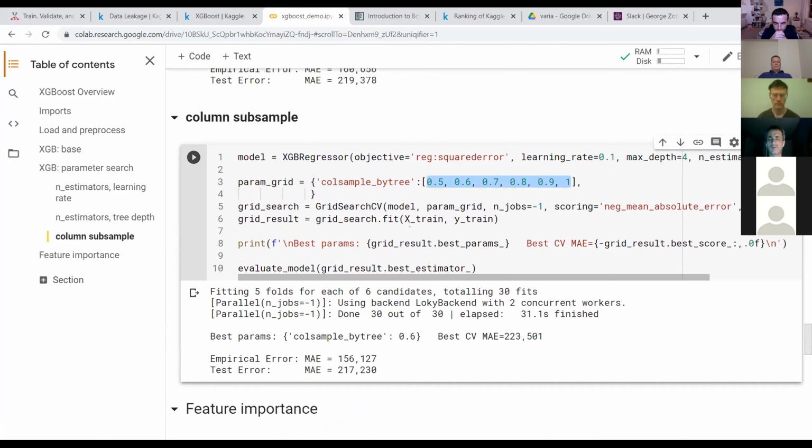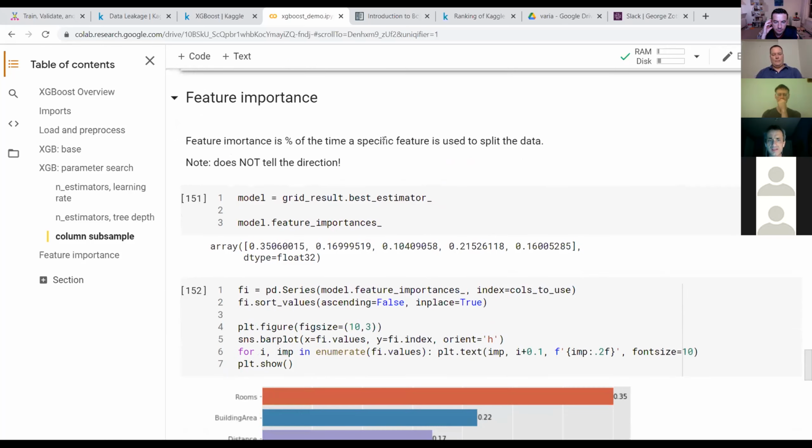But for example, in the Iowa data set, there are about 70 features, and then it could save you a lot of computational power, and also it acts as a regularizer. This is used a lot, and 60% of the features each time turns out to be optimal, and the test error again went down, although insignificantly, but it still performs better than the full model.